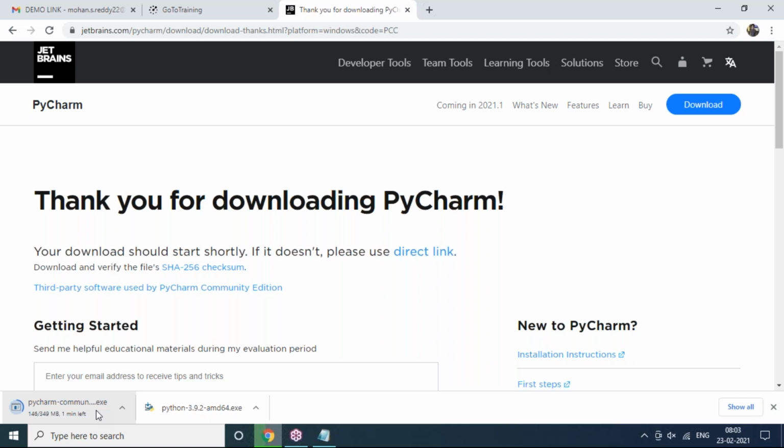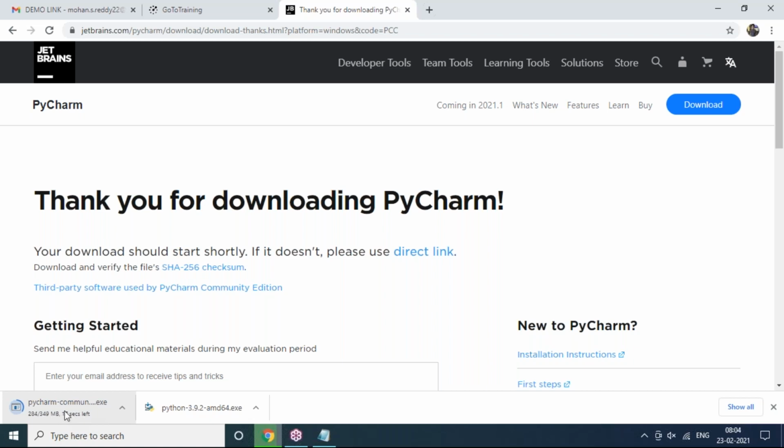Once you install, it will take a maximum of one or two minutes. Within less than two minutes, your PyCharm editor software is ready, and you can start writing programs in the PyCharm editor. It's not a big deal actually. Setting up Python and downloading software is a simple thing. Within two or five minutes you can have your software ready, including PyCharm, the Python editor.